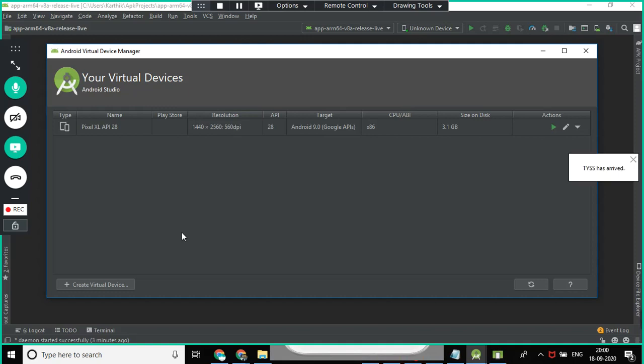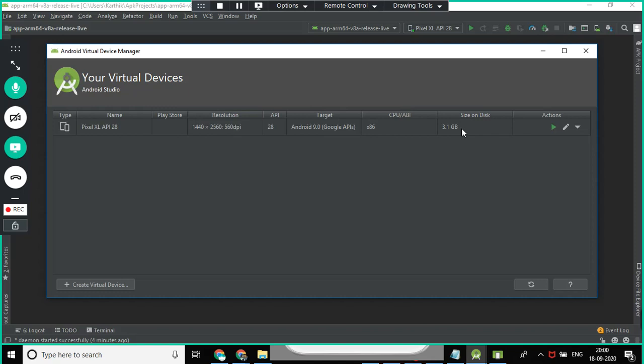Sir, how much RAM is required for that? Always it takes around 2 to 3 GB you need to keep it, or more than that.